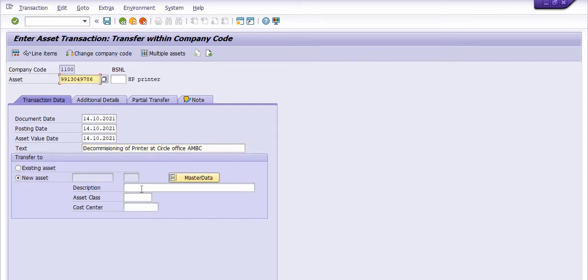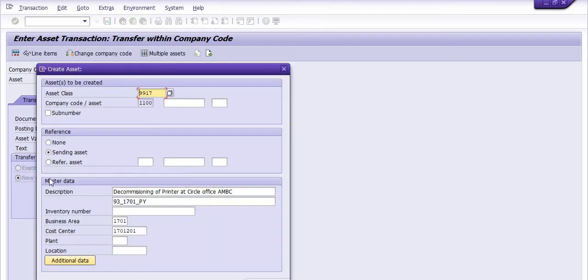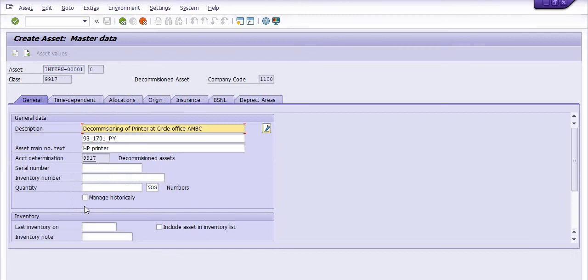Click on new asset, AMBC. Asset class is the decommissioning asset class. Cost center is the same, 1701201. Click on master data and go in the additional data. Click on inventory quantity 1.